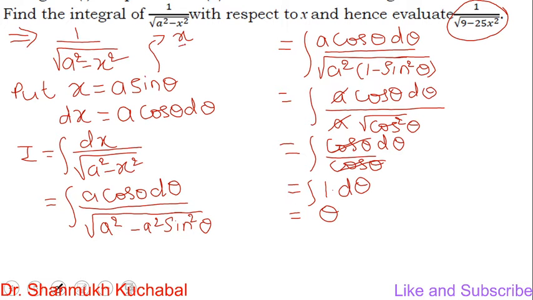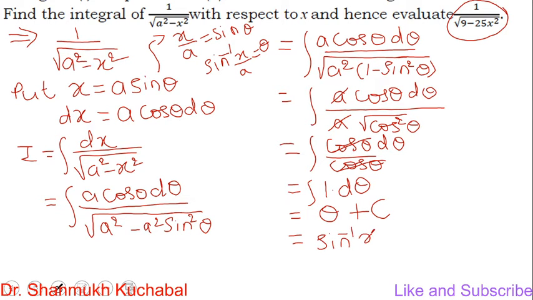Therefore, from here we have to write the theta solution. So x by a equals sine theta, you can see I am writing in the left corner. Further, theta value is sine inverse x by a. So theta equals sine inverse x by a, and I add a constant of integration c here. So this is the first part solution.